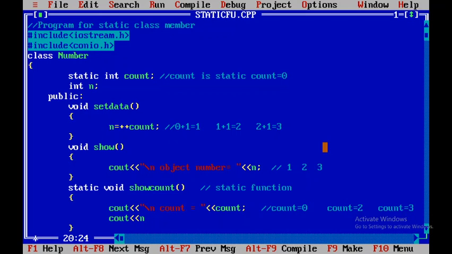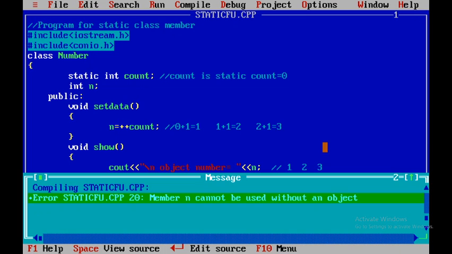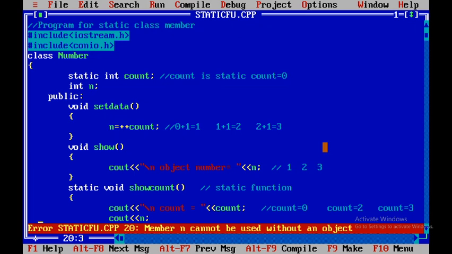I just want to print the value of n by using show count, and I compile this, definitely it will throw an error, access not allowed. See, here is one error: member n cannot be accessed without an object. So a simple data member cannot be accessed over here.